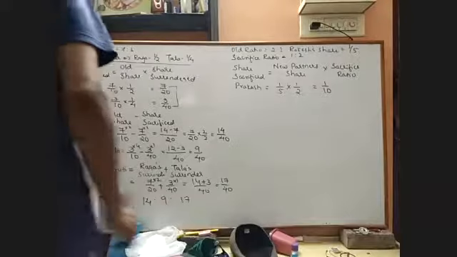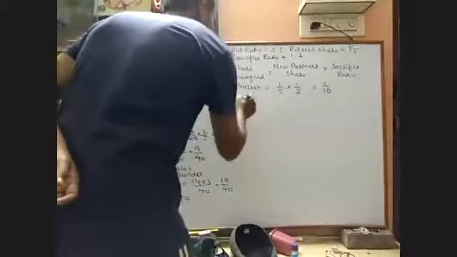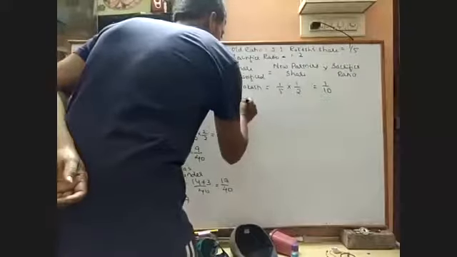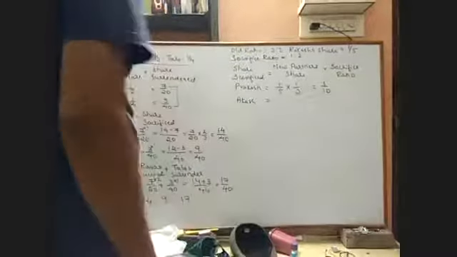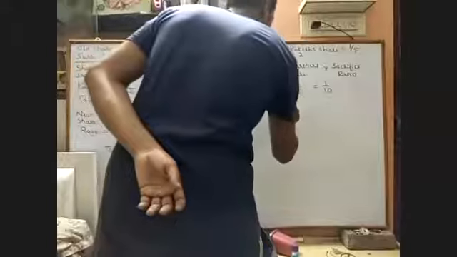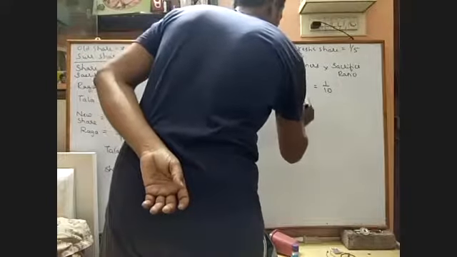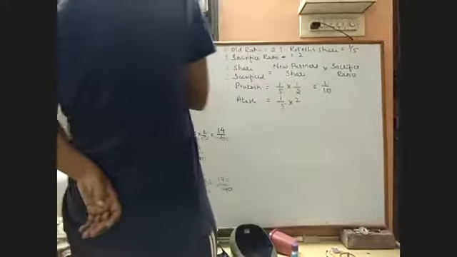Then after Prakash, the next one is Akash. Akash is equal to 1/5 into... Oh, sorry. I think it is